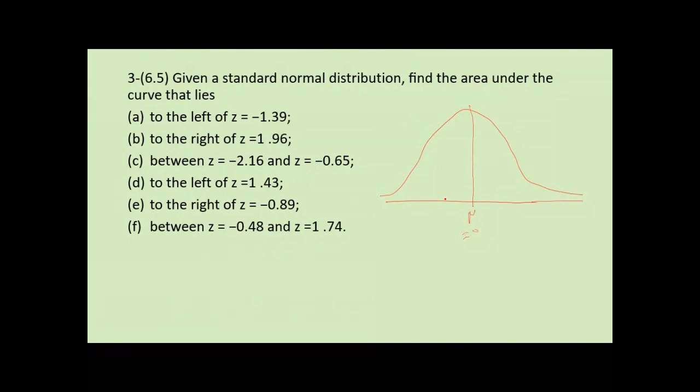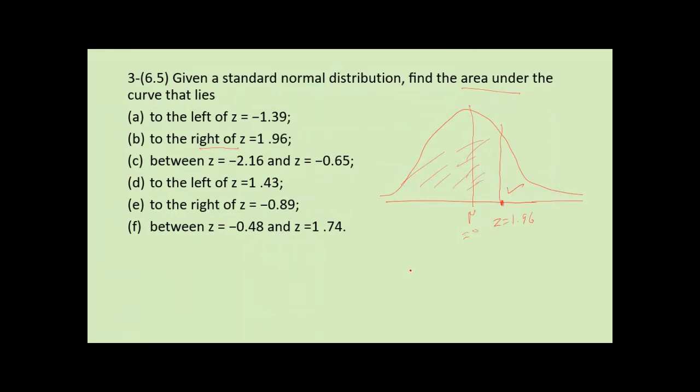Z is 1.96 on the right side because it's a positive value. Now the question is the area under the curve to the right of Z. You have to find this area, but the table will give you the area below the curve. We have found it, which is